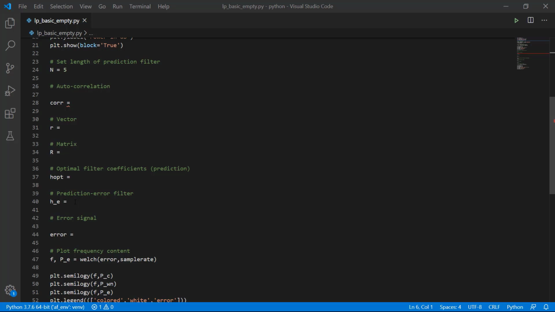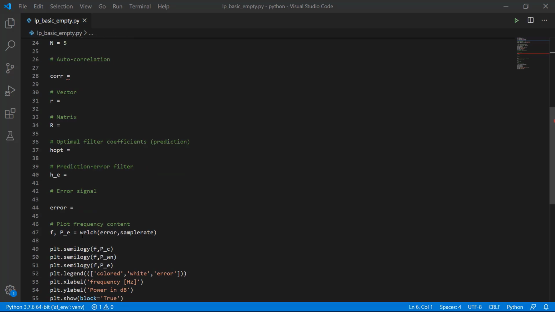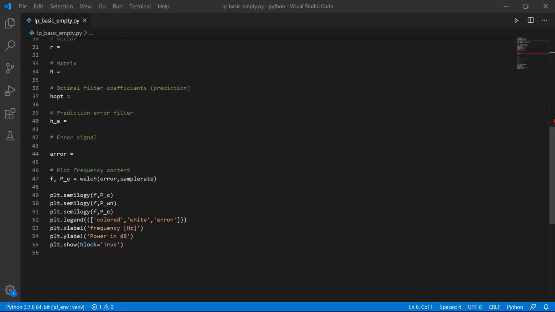Those you can then apply to get the error signal, and once you have that, the rest of the script will be executed. The error signal will be plotted, the power spectral density of course, and we will see what effect our filtering had on the colored signal. So if you want to implement this yourself, please pause the video now, as I will now walk you through